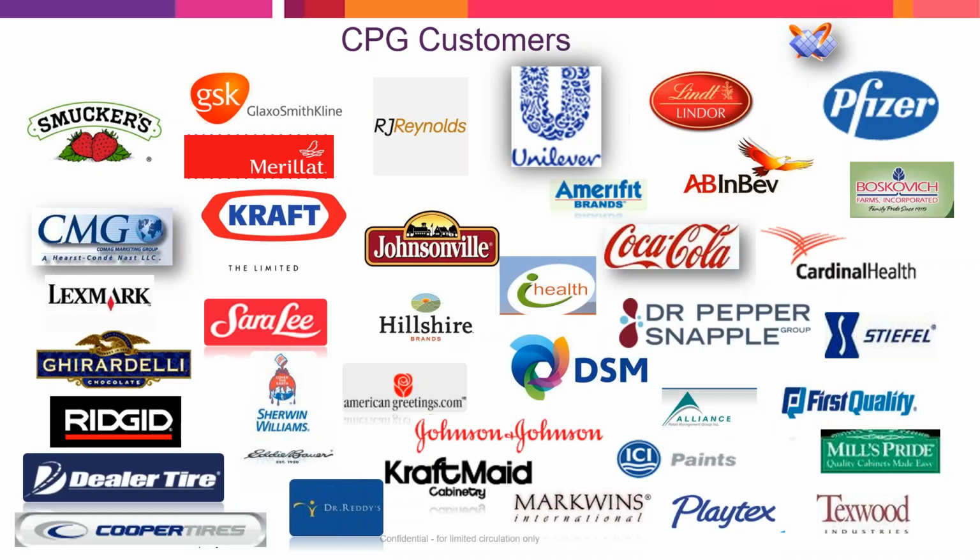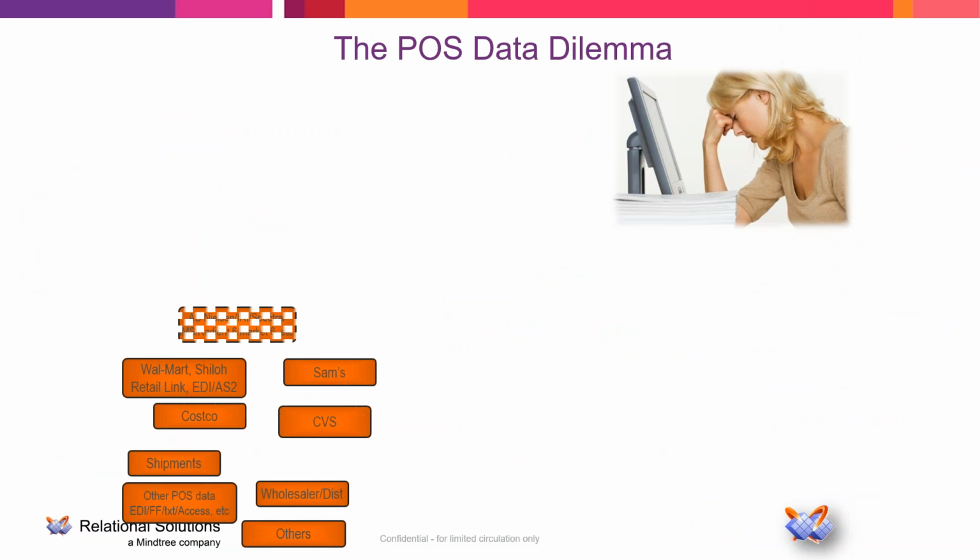So our customer base is quite varied, as you'll see from this slide, and that's because we don't just integrate data from chain drugstores or from food stores. Whether that point of sale data is coming from food, drug, mass, specialty stores, big box stores, even your own specialty stores, we're able to integrate those different data types, and we're able to integrate them with your internal master data. So with that, I'll go ahead and describe the complexity that is associated with all of the different data that people are getting.